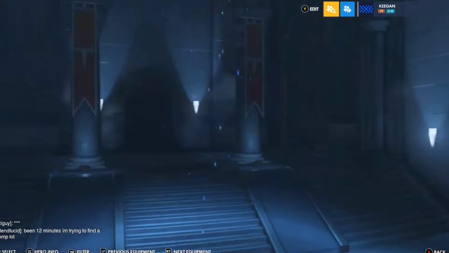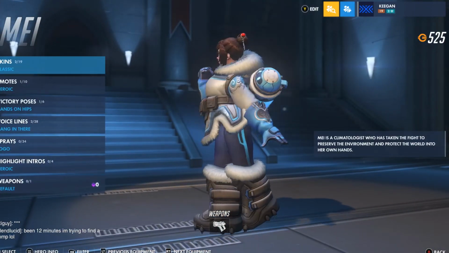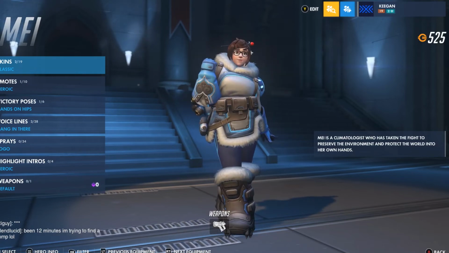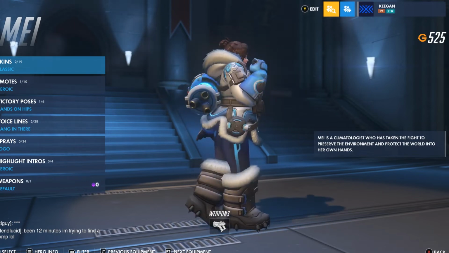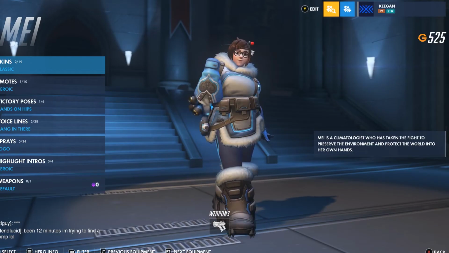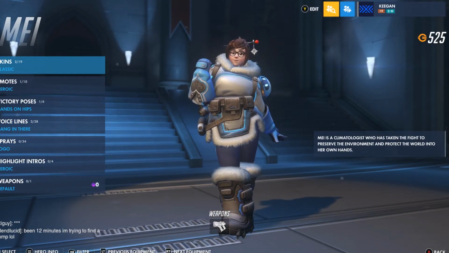Okay, we're gonna keep moving. Mei has such great character design. One of the great things about Overwatch is that not only are they trying to be inclusive of every person's nationality, like so far in the game they've tried to represent as many nationalities as they could, which is really great to see, but also different body types. You have the skinny tiny Diva to the slightly bigger Mei, but in media, when you see someone who's portrayed as not skinny, they're usually portrayed as disgusting. But Mei doesn't look disgusting here. She just looks like a person with a different body than Diva has, which is something really admirable,